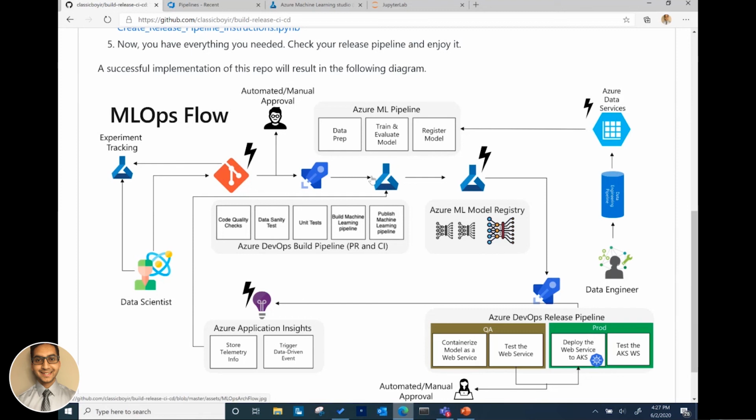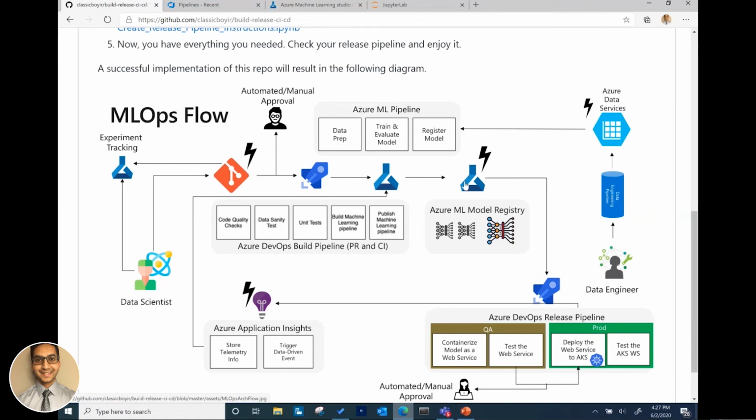Azure Machine Learning, including data preparation, training, evaluation, and ultimately it would register that model if it passes a certain metric threshold, or if it performs better than the current model. Let's say we're doing some sort of classification and we're getting, say, 81% accuracy, but then the current trained model is giving 82% accuracy, then it would fail and it would not push that new model into the